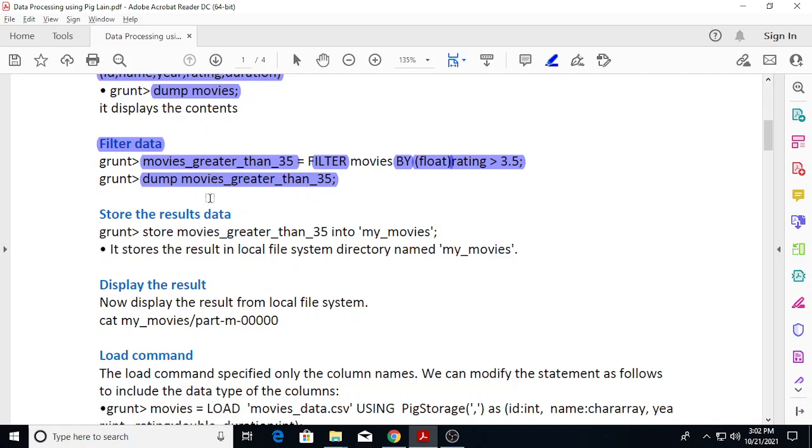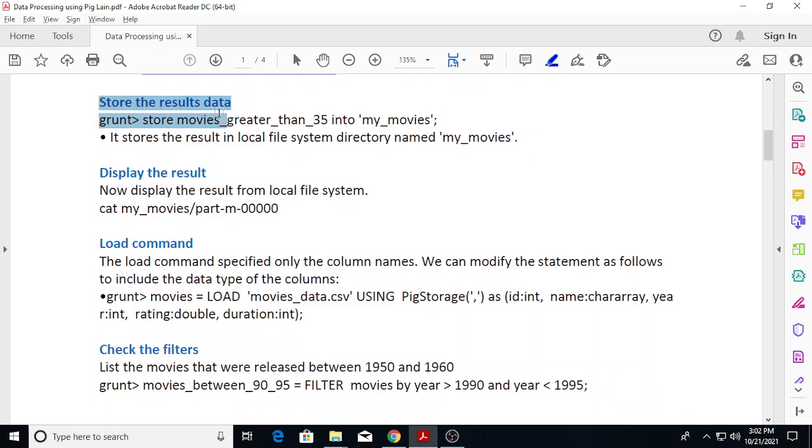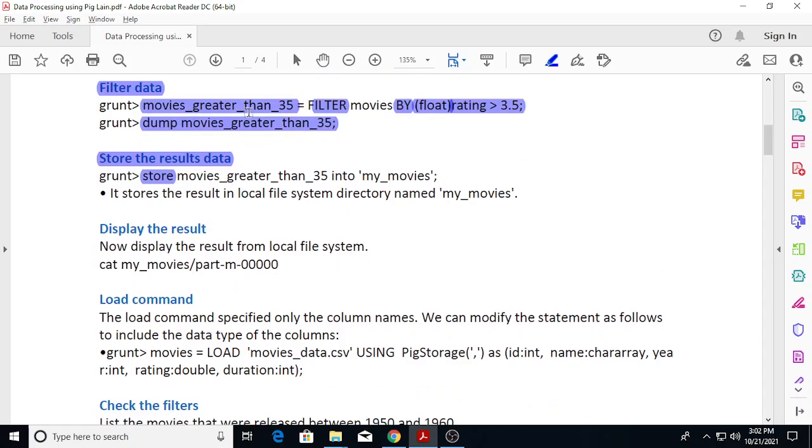You can get it. Now we'll store the results data. How to store the results data? The store relational operator is used for that. The results we got, rating greater than 3.5, we are storing into a file. So store and into come together as part of the relational operator execution. So store